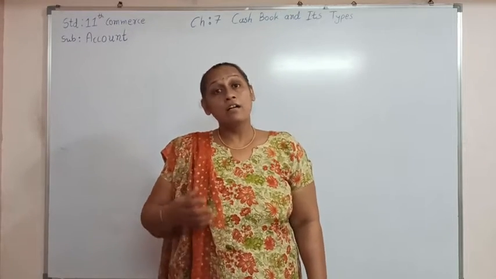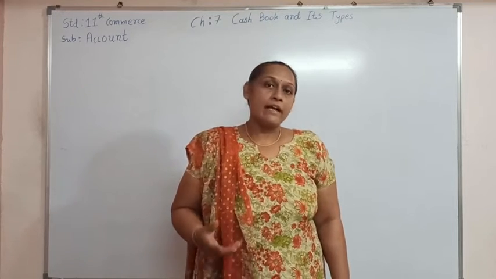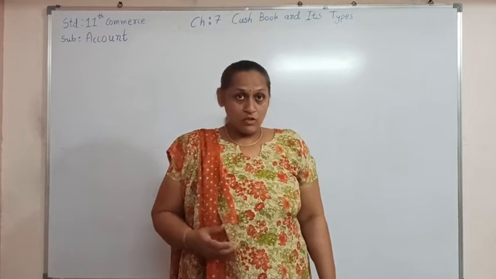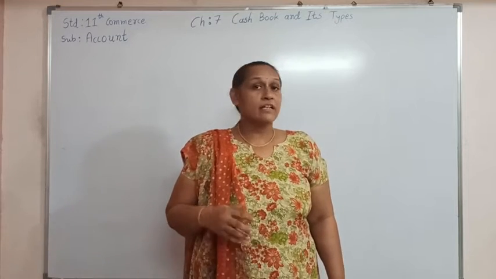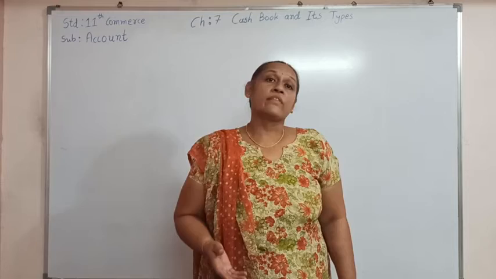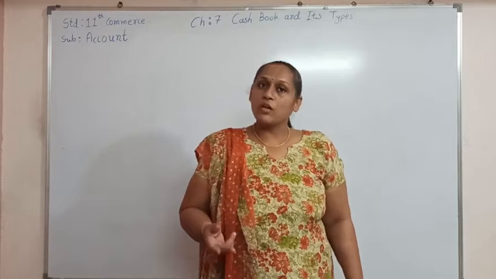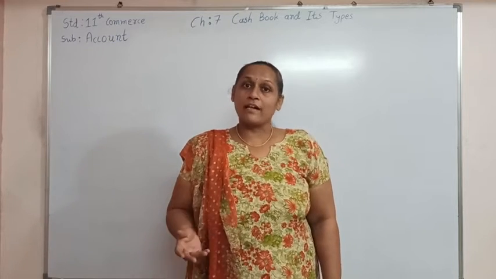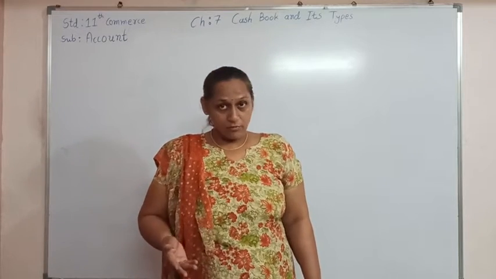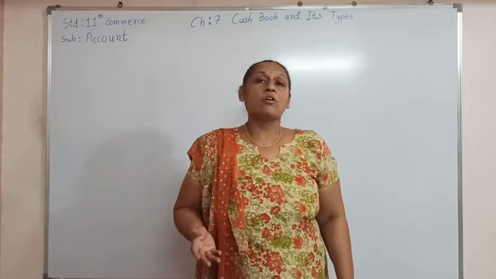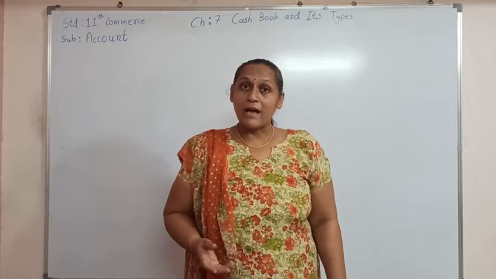Bank book means a book that we prepare to maintain the bank account, and it is the same as a cash book. So here the columns will be the same: date, then we write receipt number, then ledger folio, then whatever banks there are, let's say SBI and BOB. So two columns for two accounts, and then again for the credit side the same columns, that is date, payment voucher number, ledger folio, and SBI and BOI. That type of column we are going to prepare in a bank book.